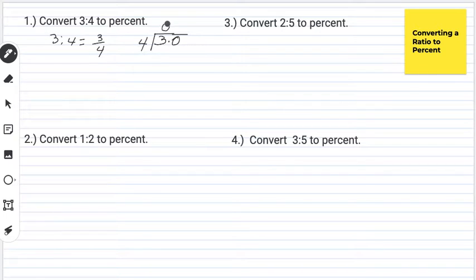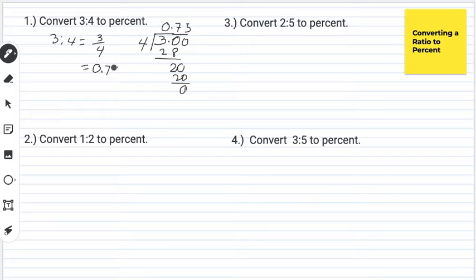30 divided by 4, we have 7. 7 times 4 is 28. And 30 minus 28, we have 2. Add 0 again, bring down 0. 20 divided by 4 is 5. And 5 times 4 is 20. Then we have to subtract 20 minus 20 is 0. Now, the equivalent of 3/4 in decimal form is